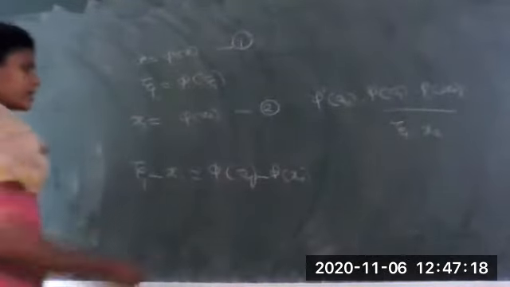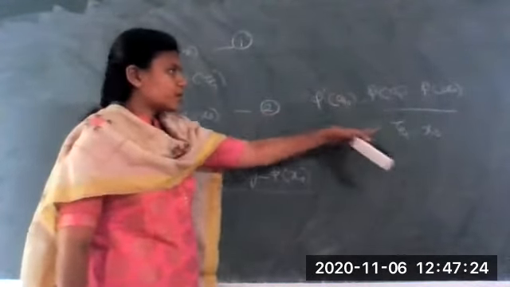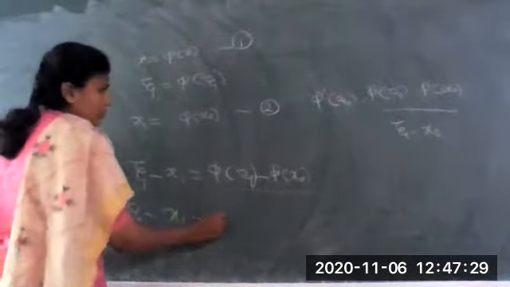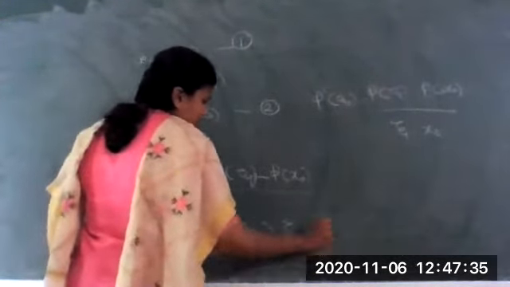So now we can write the value of phi of zeta minus phi of x naught as zeta minus x naught into phi dash of zeta naught. So zeta minus x1 equals phi dash of zeta naught into zeta minus x naught. Just by using the mean value theorem, we got this equation: phi dash of zeta naught into zeta minus x naught equals zeta minus x1. Let us name this equation number 3.